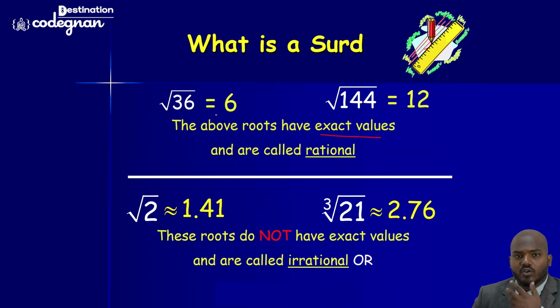So you see root 36, we can call it 6 directly. After that, there is no number continuing here, only 6, that's it. And the same like root 144, we can directly call it 12. There is no more number coming over there again. And coming to root 2, we can directly call it 1.414. And after that, we don't have any number on them.